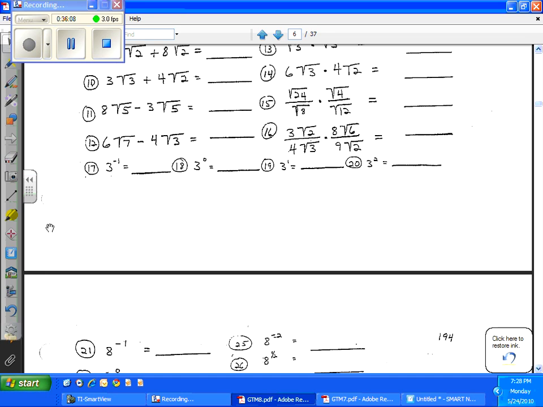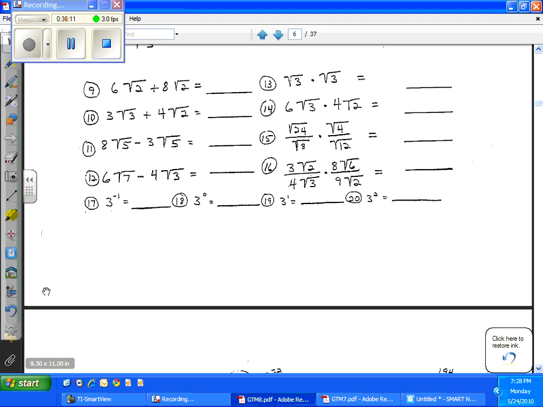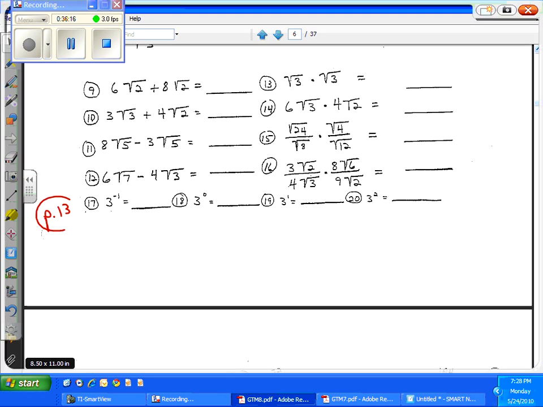This is a little reminder of exponential law. This exponential law is on page 13 of the Algebra 1 text. And this is 3 to the negative 1. And remember that the negative is a command to what? Remember that? It's in an oval in the middle of page 13 in the Algebra 1 text. We read the negative as the reciprocal